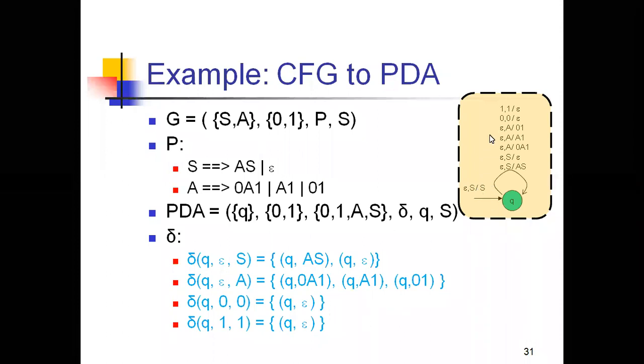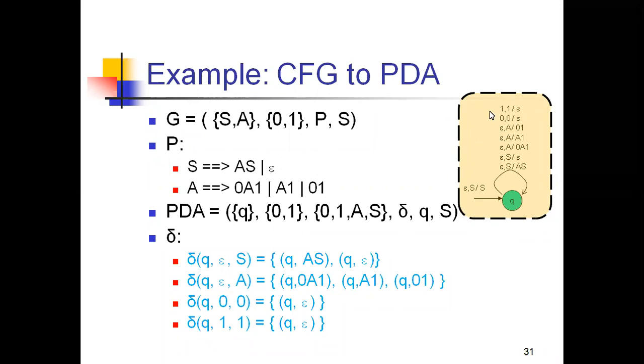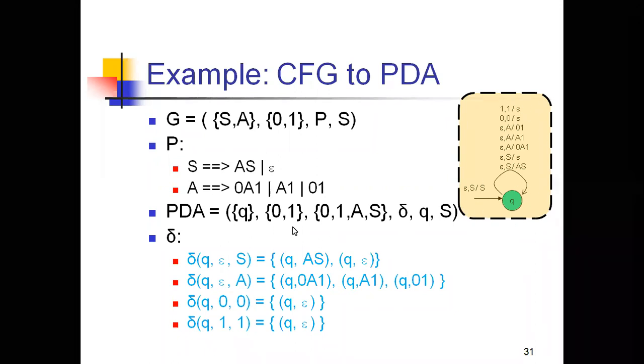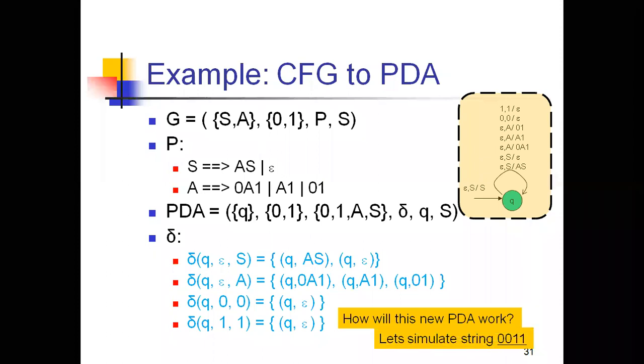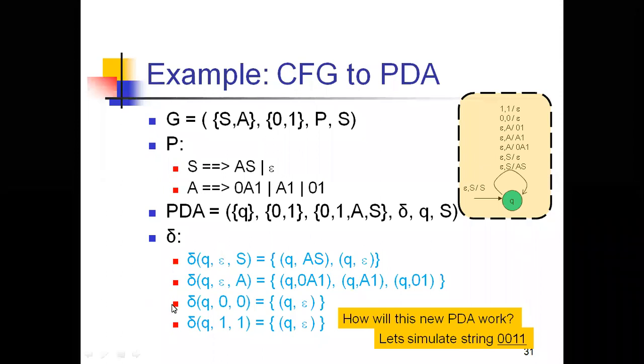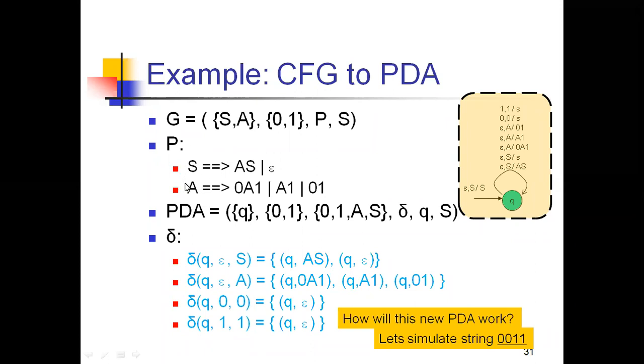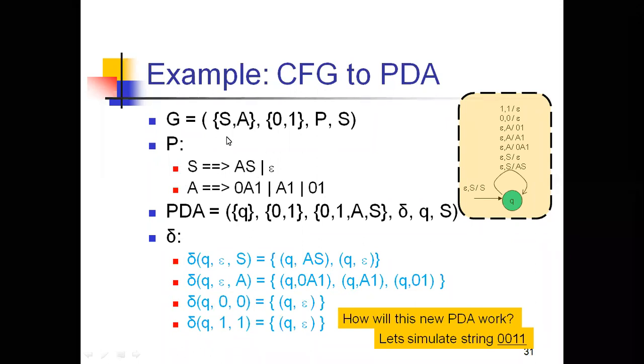Is it clear? So this is the way of representing the transition diagram for the given context free grammar, as well as these are the PDA rules. And how will this PDA work? That means you need to show the PDA acceptance by empty stack. So after writing these rules, first you need to write the rules for the variables, and then the rules for the terminals, and finally these are the transition rules that we get from the given grammar G. And by simulating the string 0011, you need to check whether we can simulate it, and whether finally you can show an empty stack or not.